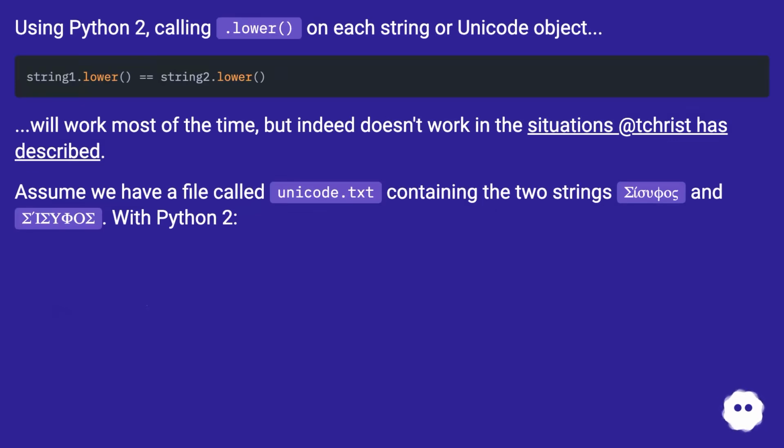Using Python 2, calling .lower on each string or Unicode object will work most of the time, but indeed doesn't work in the situations that Trist has described. Assume we have a file called unicode.txt containing the two strings sigma sigma upsilon phi omicron and sigma sigma upsilon phi omicron. With Python 2,